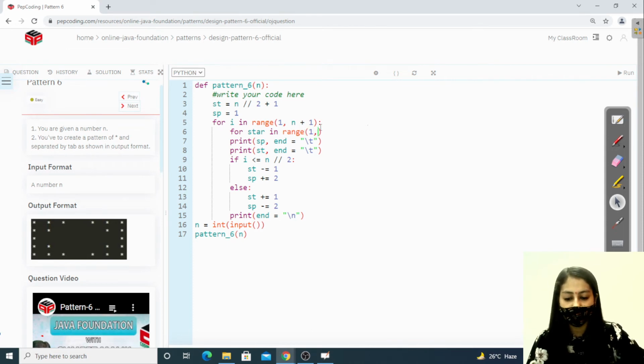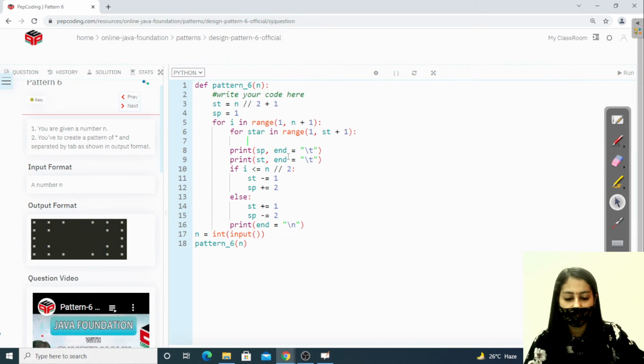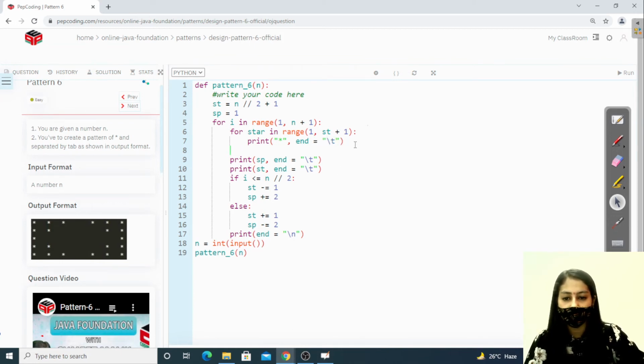The number of stars we need is given by the star variable. So print the star here. After the star I want a tab space, so I'll add a tab space here. After that I want this many spaces as specified by the space variable, so I'll print a space here.